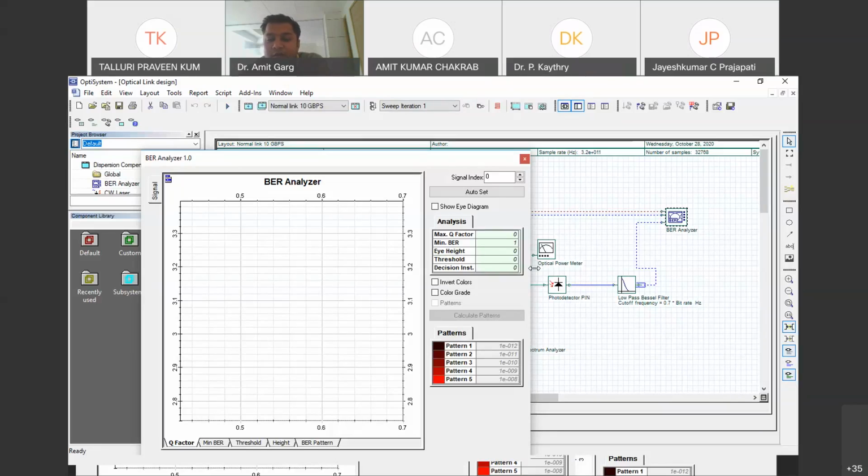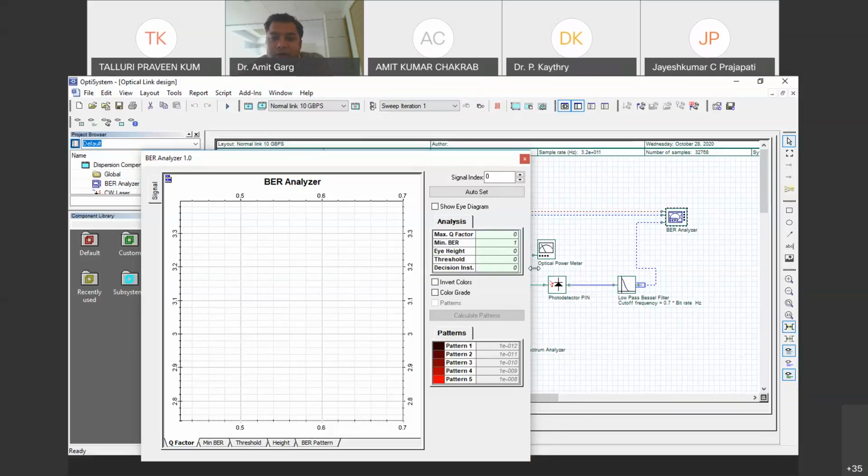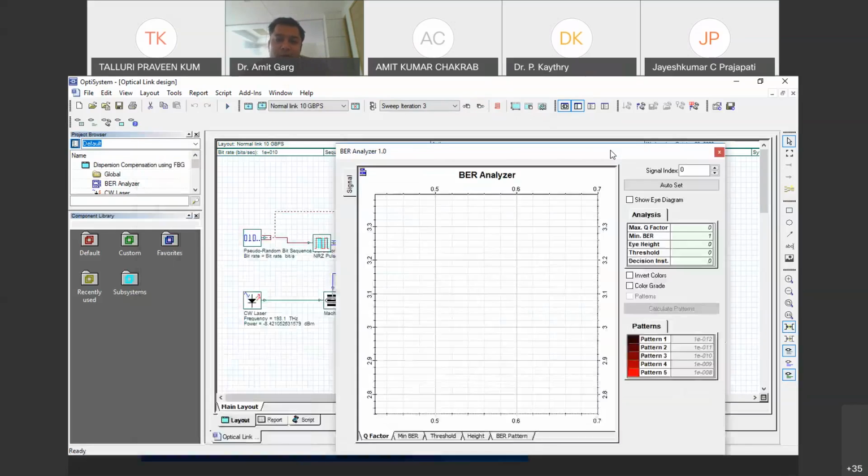We can say the receiver is getting less power than the receiver sensitivity, so it will not detect it properly, or it will not give any output, or it may give noise, or the BER may be higher than the required one. So if I'm increasing this input power,